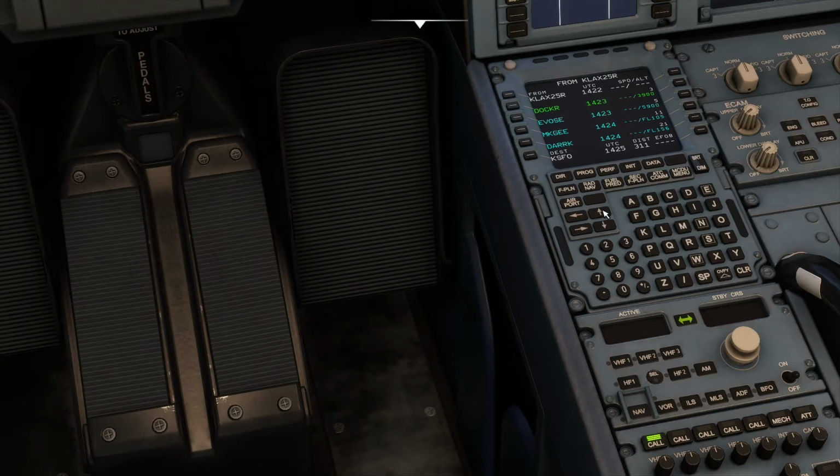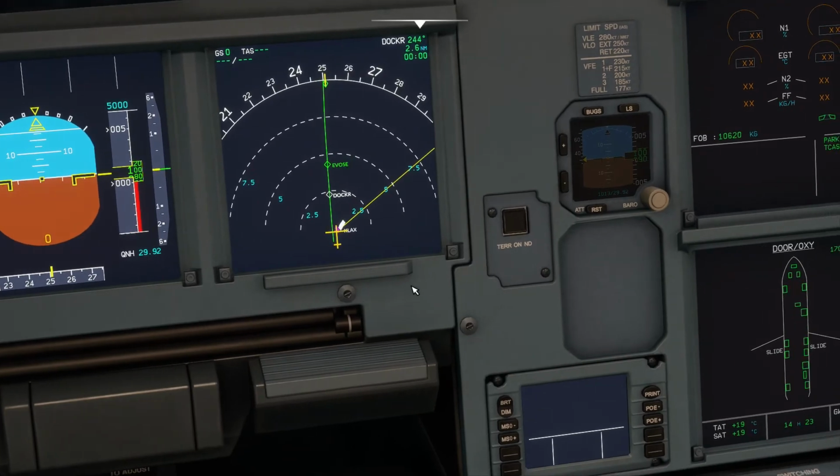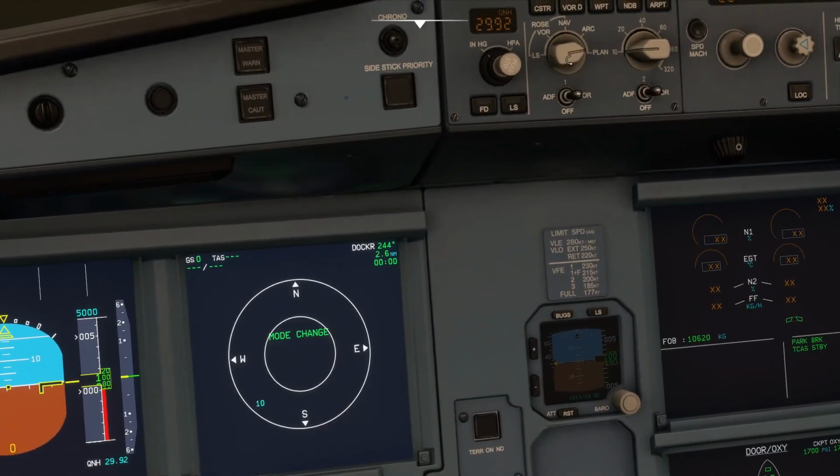Whereas at least doing it this way and using the data from SimBrief or whichever flight planning software you've got, or wherever you've got your waypoints from, if it gives you an altitude profile, if you put it in, you can see we're going up and then it's bringing us back down at nice intervals. And if we go back to plan,